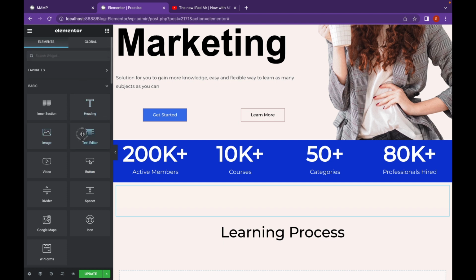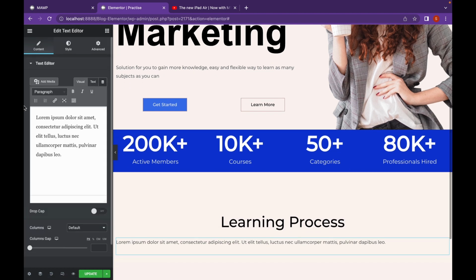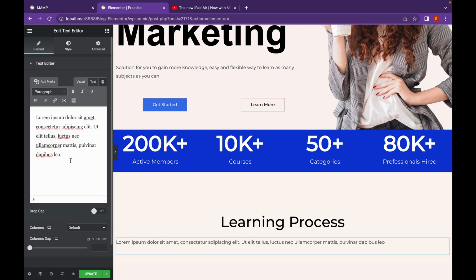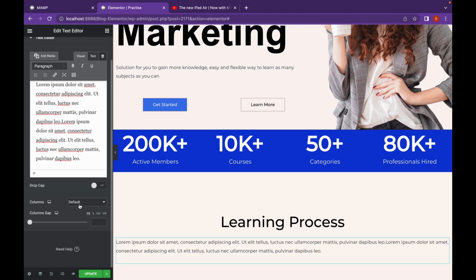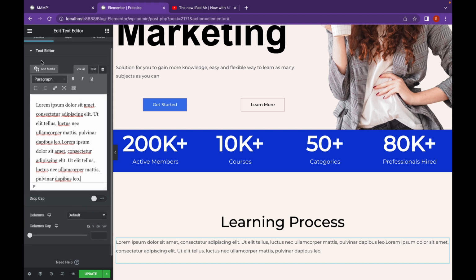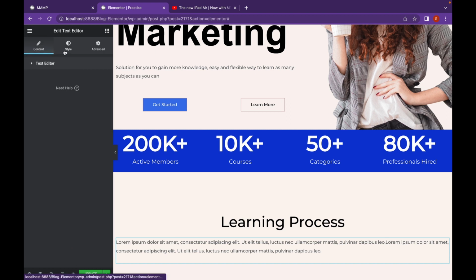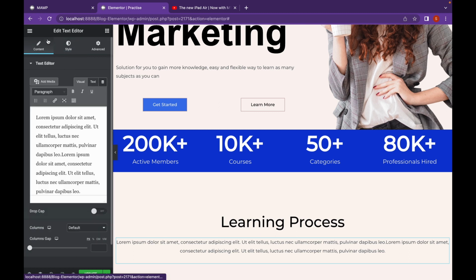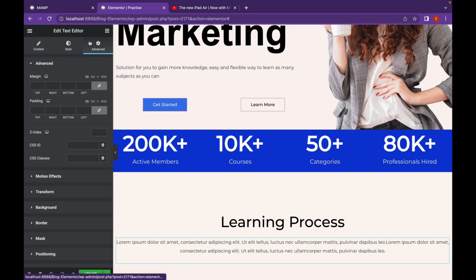Next, I'm going to add a text editor. Let's add some padding right and